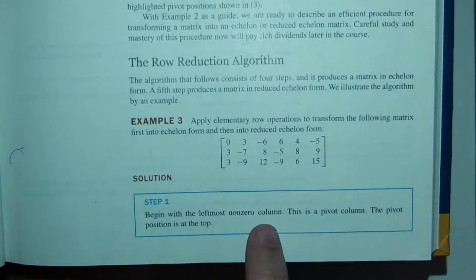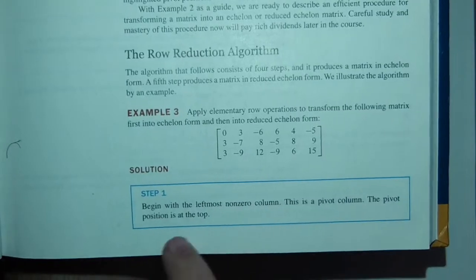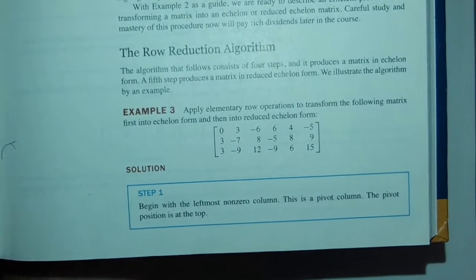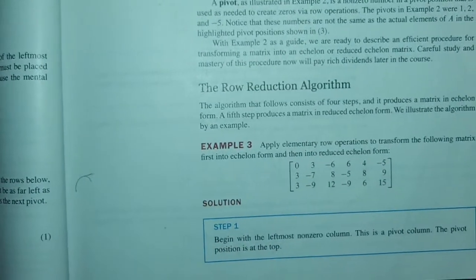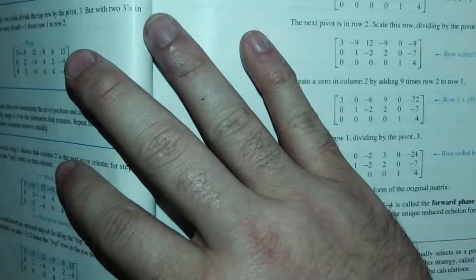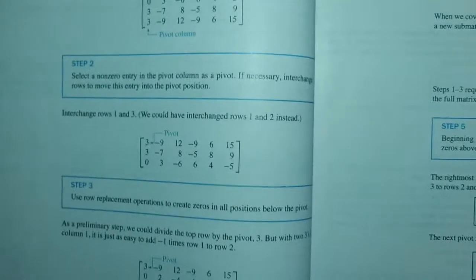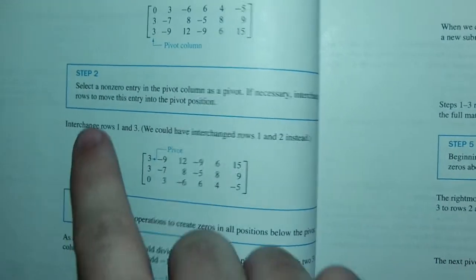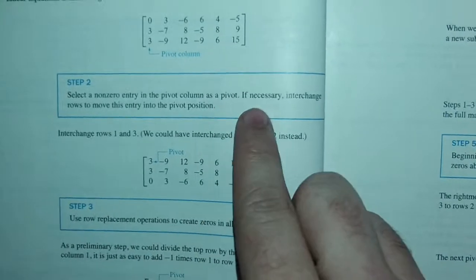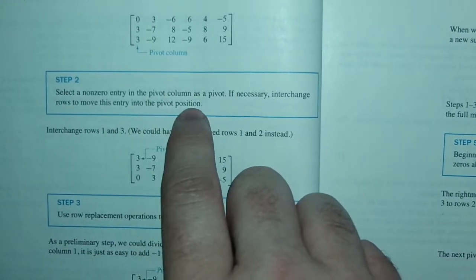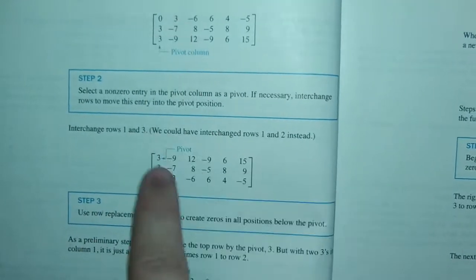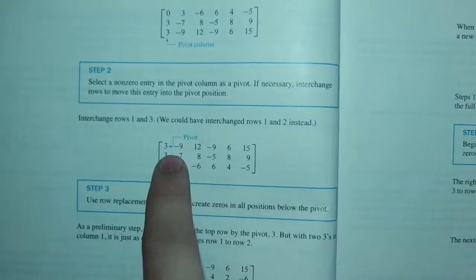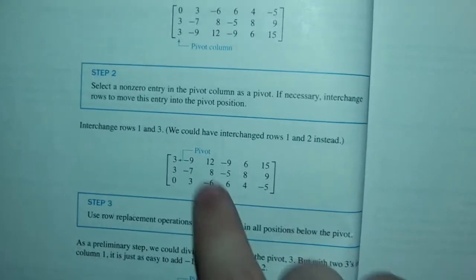So begin with the leftmost non-zero column. This is a pivot column. The pivot position is at the top. In this case, we want to swap a non-zero entry into that slot. That's the idea. So step 2. Select a non-zero entry in the pivot column as a pivot. If necessary, interchange rows to move this entry into the pivot position. So here's the pivot column, and interchange rows 1 and 3. So this is what we got. We've swapped our choice for pivot into this top